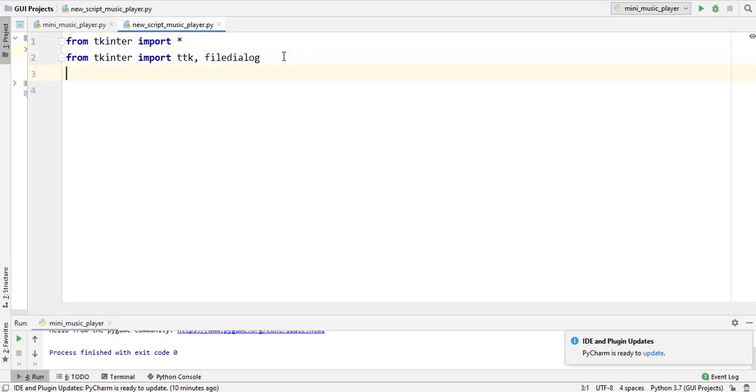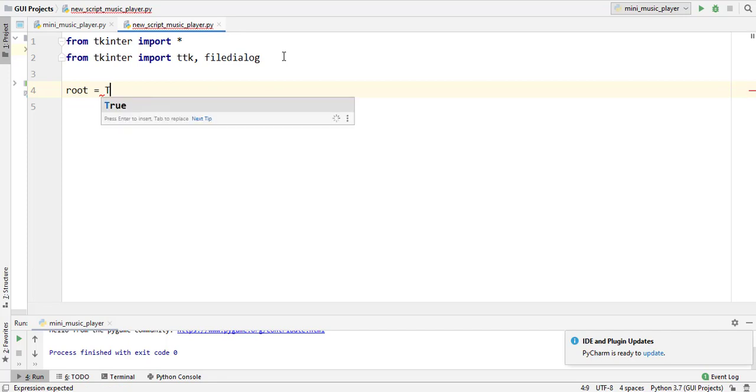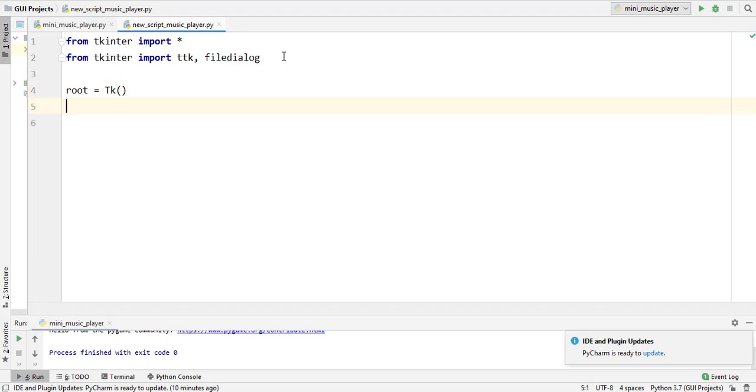I am using the ttk class to style our GUI mainly because without the ttk class or style method our GUI looks very default, but ttk gives it a new look. As you can see, I created a root of the Tk class, or you can say an object of the Tk class. The next step is root.mainloop(). These two lines of code create our GUI, but we also have to add some extra things to the GUI.